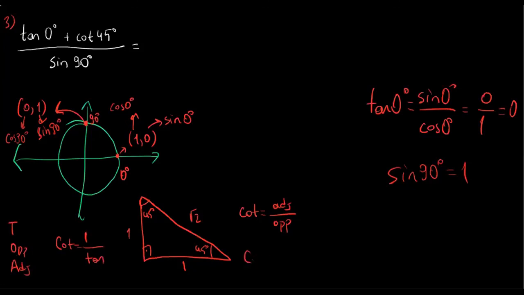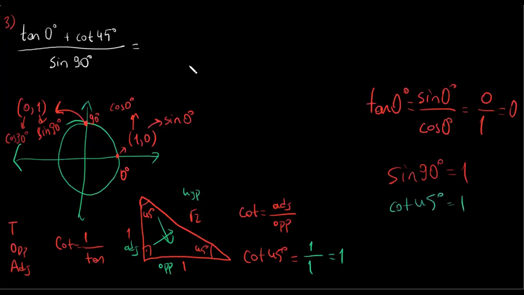Cotangent of 45 is going to be equal to, so we have to pick one of the angles. It doesn't matter. Let's pick this. This is going to be opposite. And across 90, we always have the hypotenuse. So what is adjacent? This side will be adjacent. So cotangent of 45 will be adjacent, 1, over opposite, also 1. 1 over 1 is going to be equal to 1. Cotangent of 45